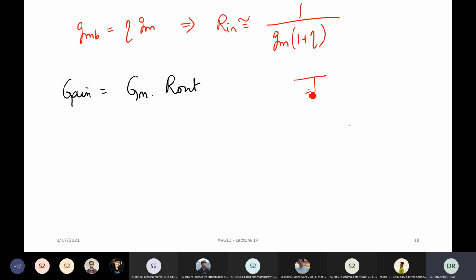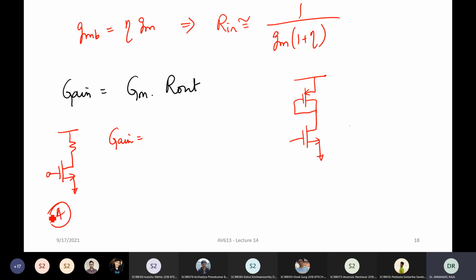So if you take the first circuit, what did we do? But before I do this, let me demonstrate how it works. Let me take the previous circuit, the one that we fully derived. Now, if you use this lemma, what is the transconductance of this particular circuit? Let's call it circuit A. What is the effective transconductance? It is gm. The effective transconductance is gm.